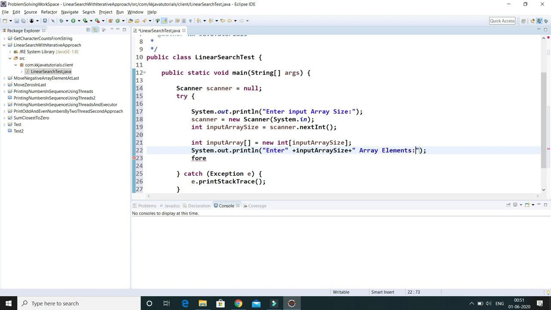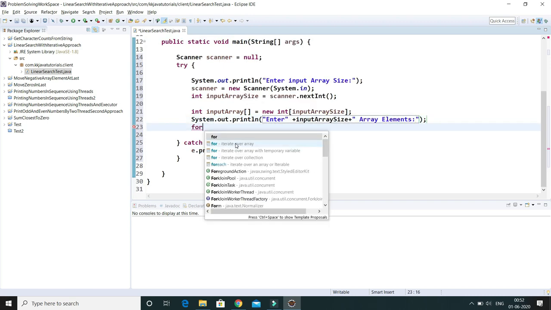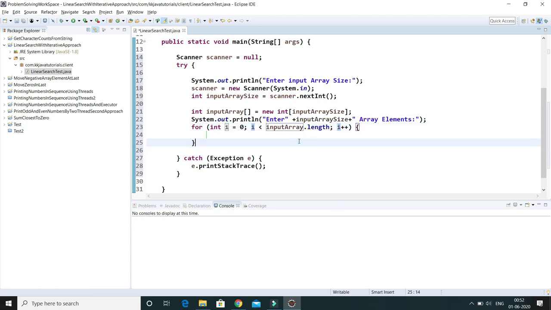So you have to prompt this message. Then basically the user will try entering elements till the size of the array, right? And you have to put elements in the array starting from index i, meaning index 0 till array size -1, right?